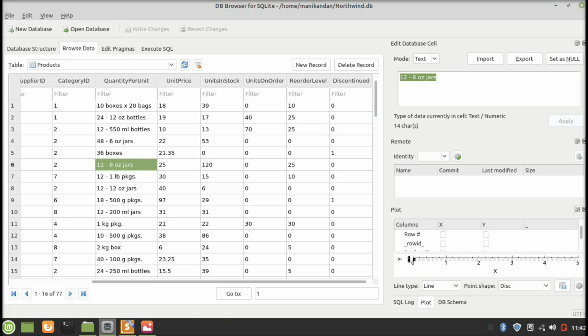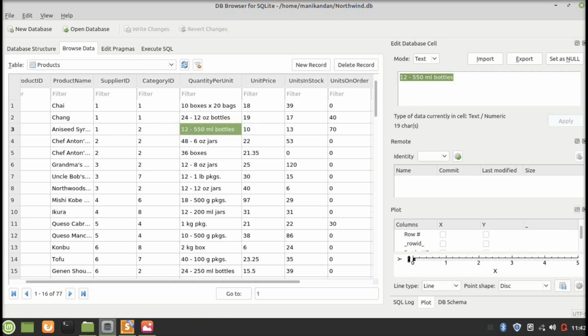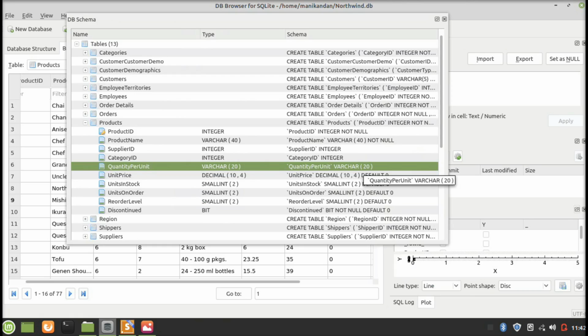For each product, we are storing the quantity per unit here, so we have decided to set this column as a variable character. So please understand that the selection of the data type is based on the nature of the data and also the intended use of the data.